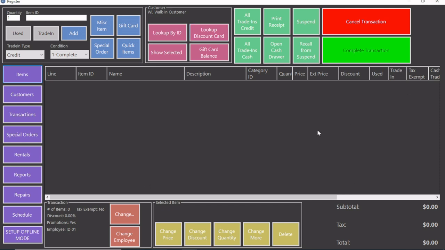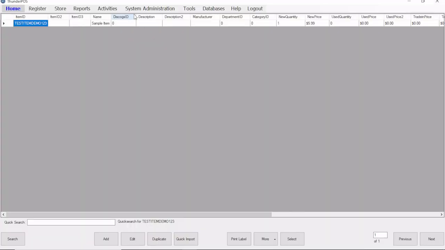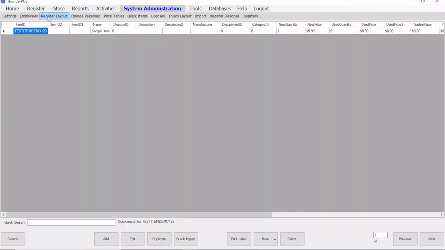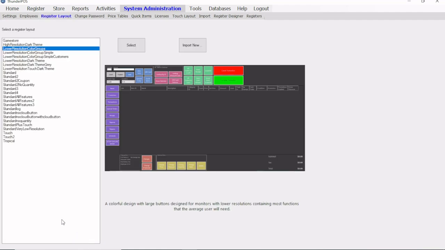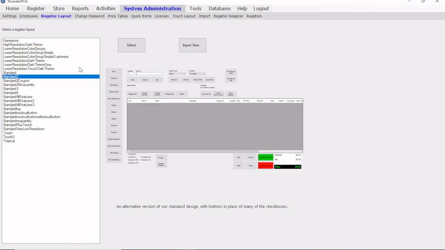So this is one of the designs that is built into the system for the register. I am not going to use this one for the actual demo because it's a little colorful. But I'm going to switch that off, if you just go under System Administration and Register Layout, to one of these standard designs. Many of these designs are built into the system. You can also customize them, of course, further